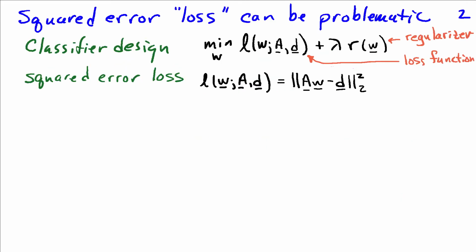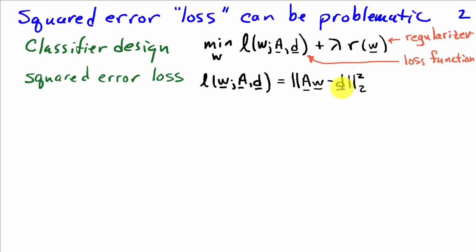Using squared error as a loss measure when designing a classifier can lead to some problematic results. So let's reformulate the classifier design problem: minimize the combination of some loss function L plus a regularizer term lambda times R of W. Now so far in this course we've been using the squared error loss, which is the 2 norm of AW minus D, where A is a matrix whose rows contain the features of our data, and